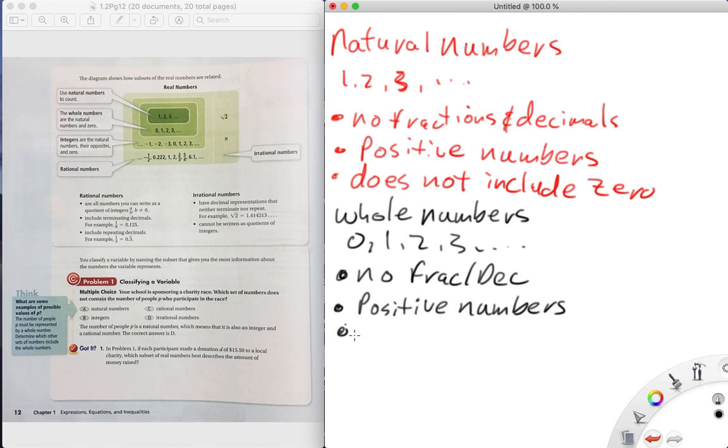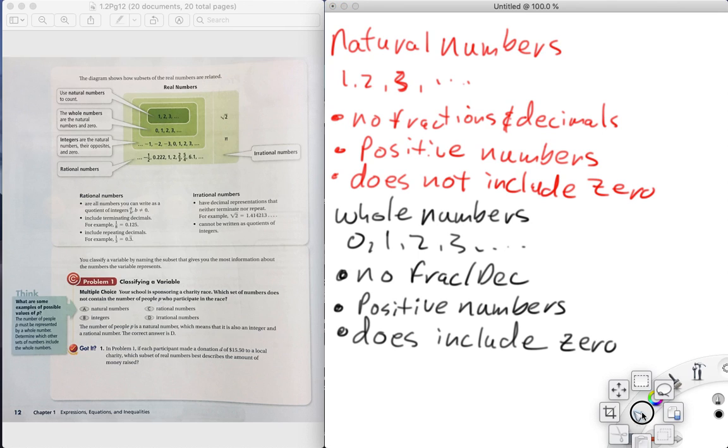And the third condition does include 0. Okay, that's the conditions of whole numbers. Third type of numbers in the real number system